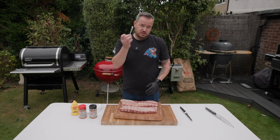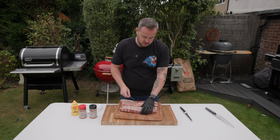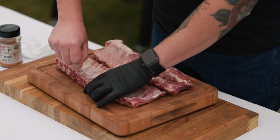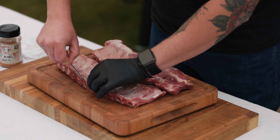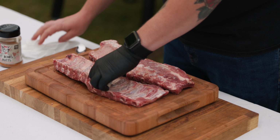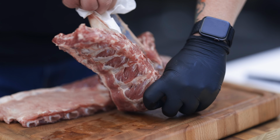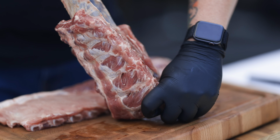The easiest thing to do is to use a teaspoon. Use the back of a teaspoon, nice blunt object. You can use a knife as long as it's not too sharp. I'm just going to get it in by a bone. Get your finger in. And hopefully, if it works the first time, the membrane